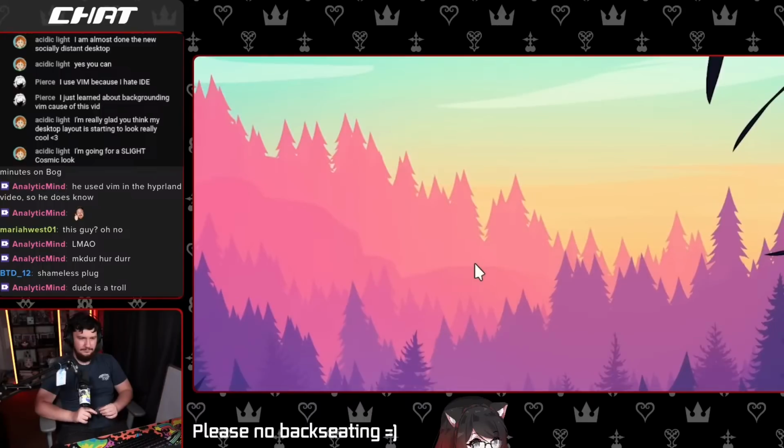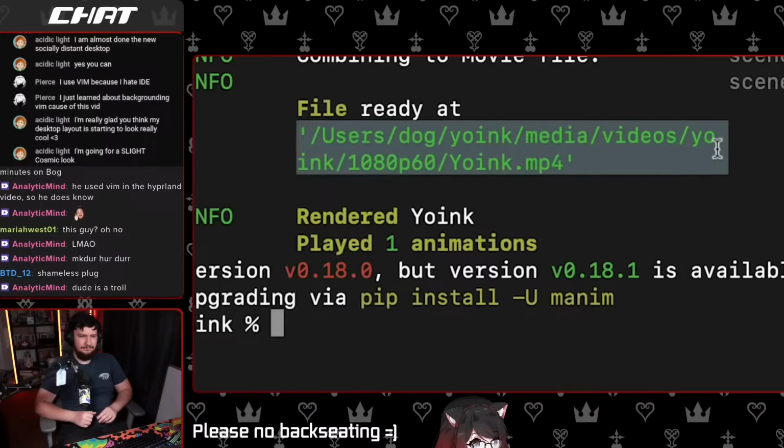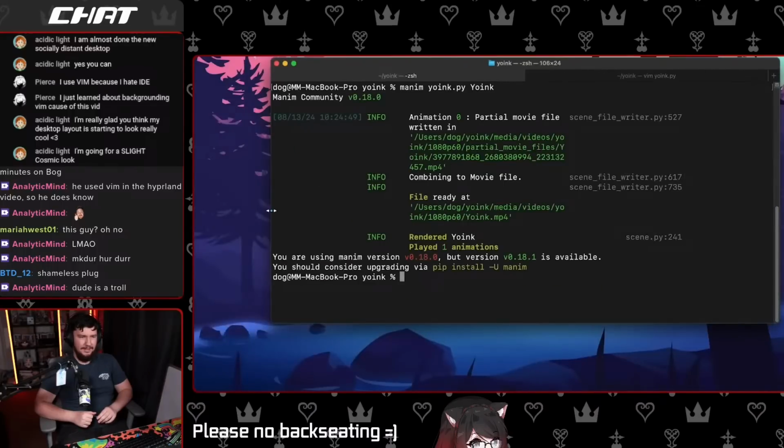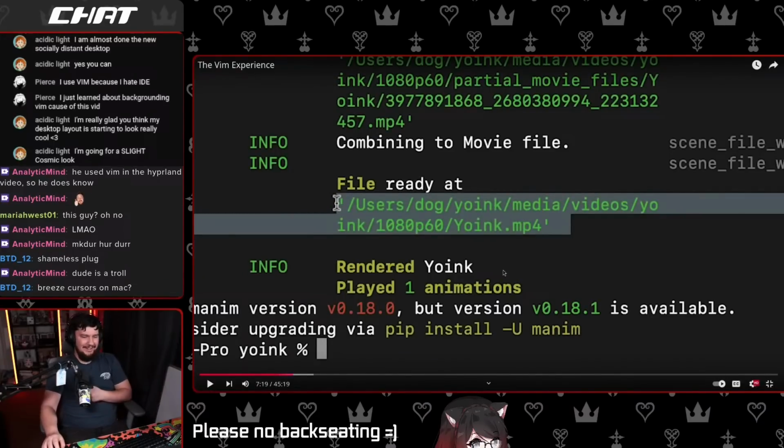So I'm going to press Command-Shift-G on Mac, which opens this window and lets me paste in a path. Apparently it does. Doesn't look like a path. I don't think it copied it very well. Wait, if I do this, will it become bigger? Oh, I can't just copy this path from the terminal. Oh, fucking iTerm. Fucking iTerm right here. It's splitting it across two lines and it won't merge it over. And you can't copy a link because iTerm sucks. Breeze cursors on Mac? Great.